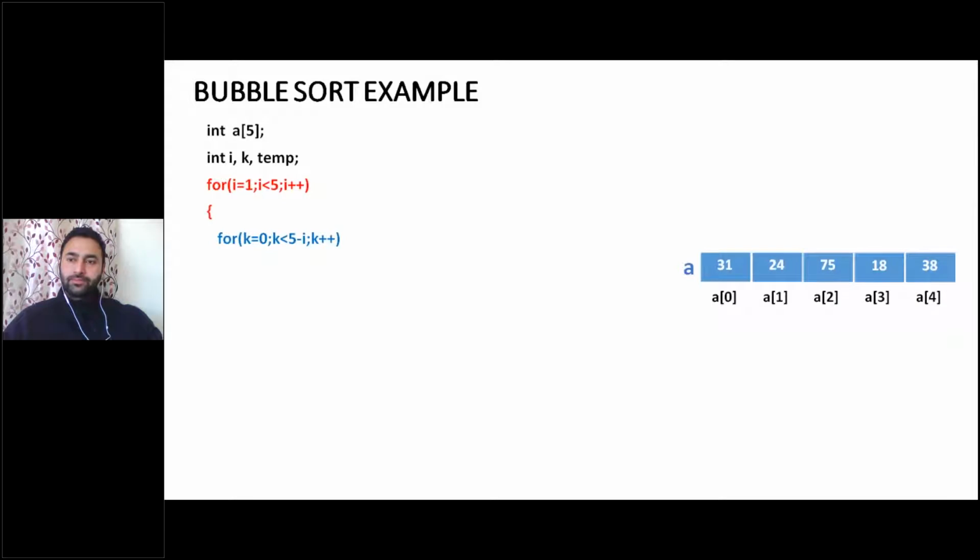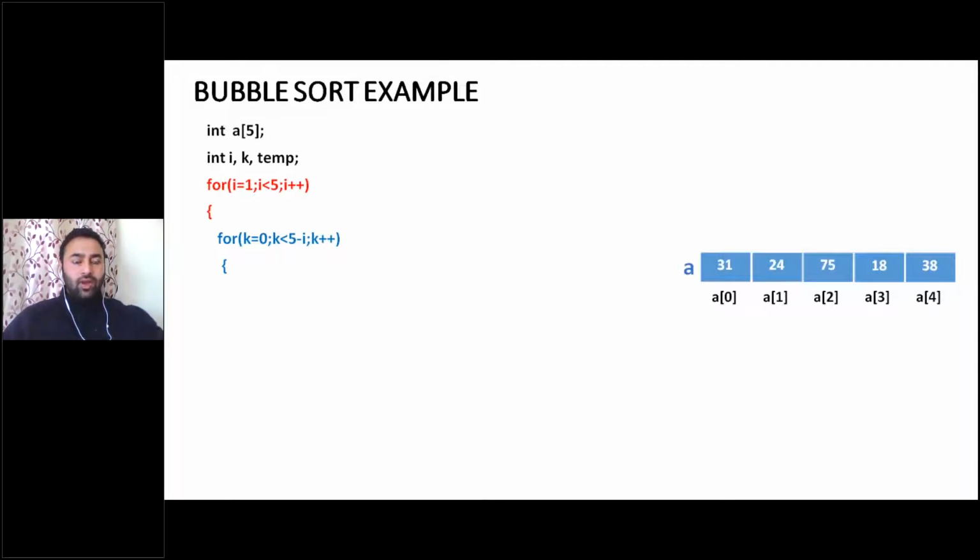This inner loop. Okay, in this loop you will do swapping. Okay, see what has been written here. For k equal to 0, k is less than 5 minus i. It's not 5 minus 1, it is 5 minus i. Okay, that means the first time, how many comparisons do you have to do? Tell me, the first time, how many comparisons do you have to do when there are 5 elements? 4. Okay, so 5 minus 1 will be 4. So 0 to 3, it will run for the values 0, 1, 2, and 3. So 4 comparisons will be done.